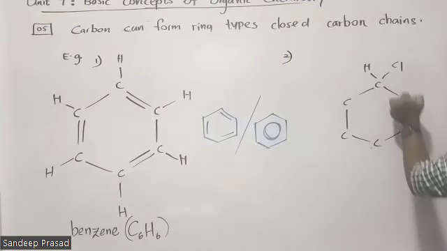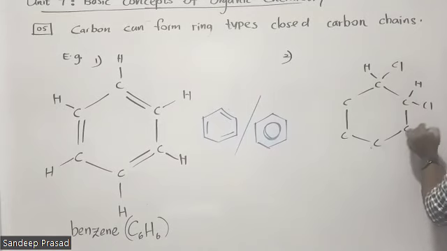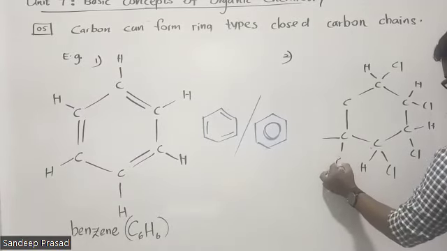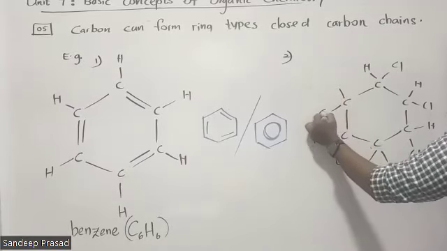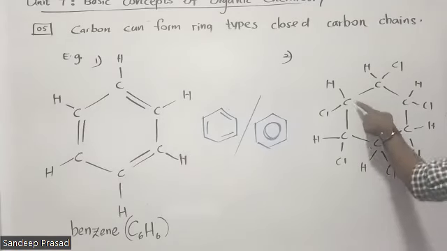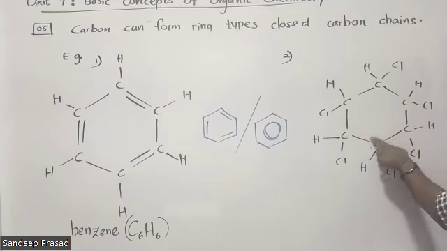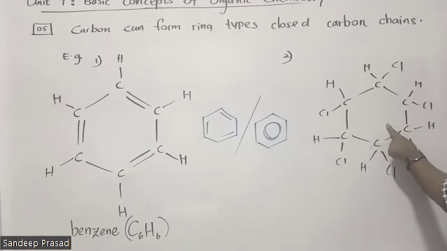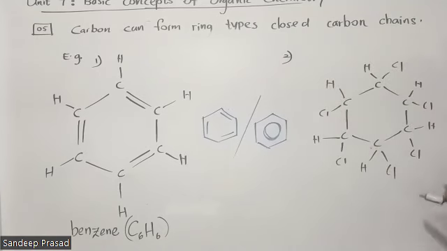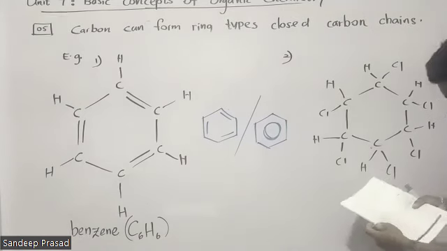Here we can see HNCl. In this way. So this is also a ring type. You can see that there is no open chain. This is a ring type chain, a closed ring type carbon chain. Right? So the name of this compound is actually known as hexachloro